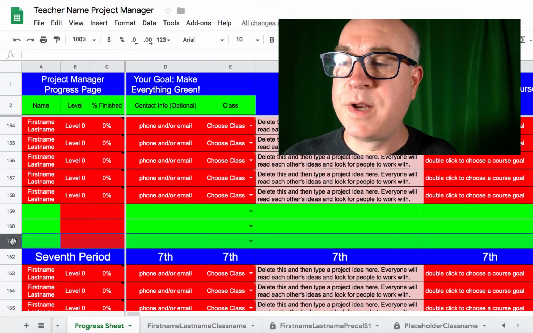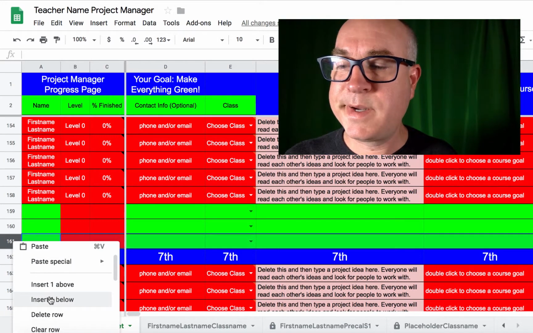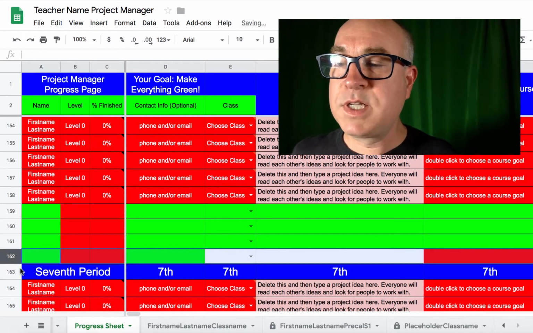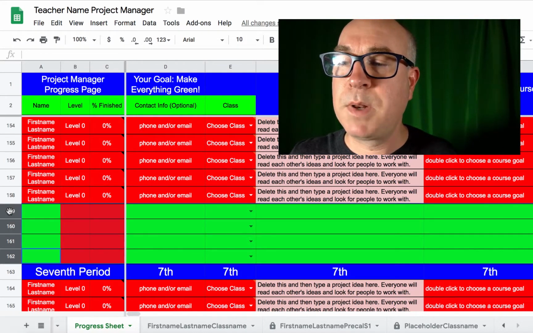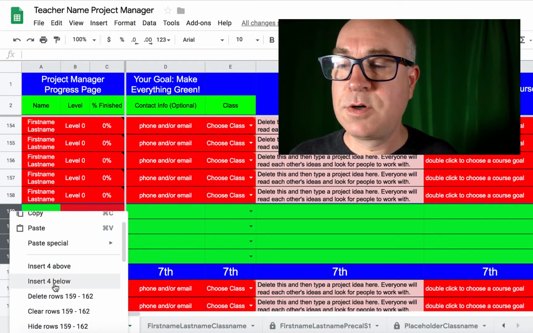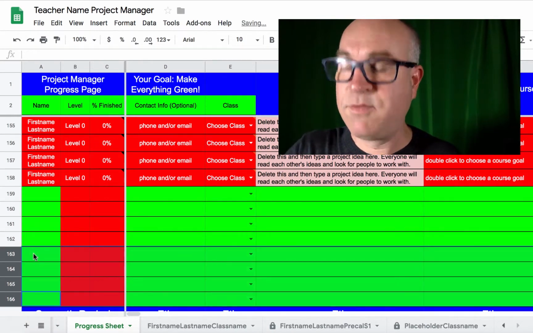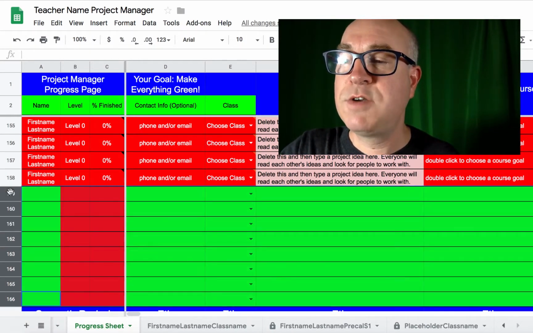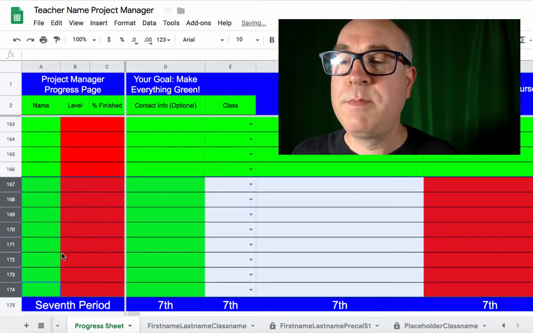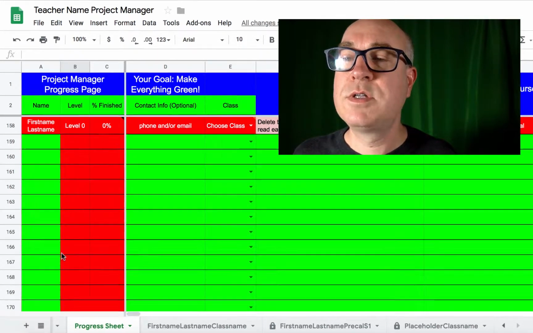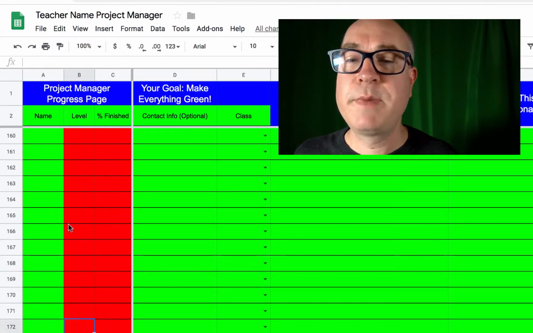I haven't found a good way in Google to insert multiple rows, but what I do is I insert several. Once I've got about 3 or 4, I can select the whole block of them. And once you've got a block selected, then it'll let you insert, say, 4 below. And once you've got 4, you can select all those. Remember, I'm using shift click to select a whole group, and then I can insert 8 below. So if you need to make room for 20 more students before 7th period, we just made all those rows,